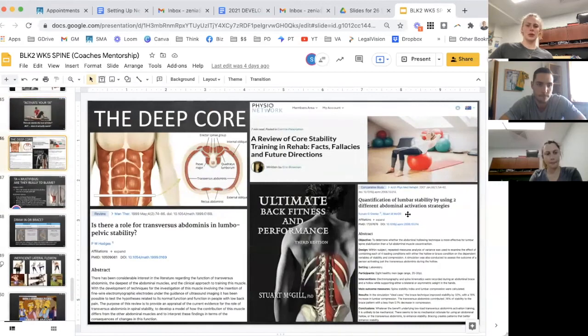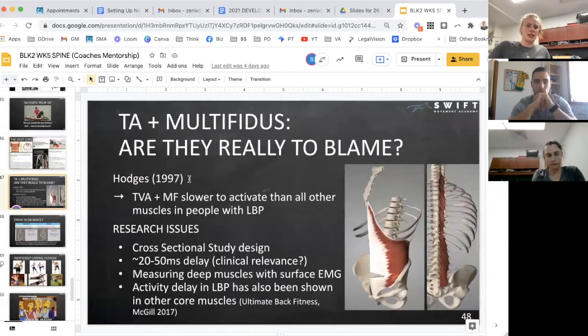And when we talk about the deep core, we're talking about transverse abdominis, but also multifidus. And there are a couple of research papers here, and then a review by Physio Network, or a blog, sorry, looking at if the TA is still a relevant thing. So what they found, 1997 was when this dude whose last name was Hodges, from the University of Queensland,